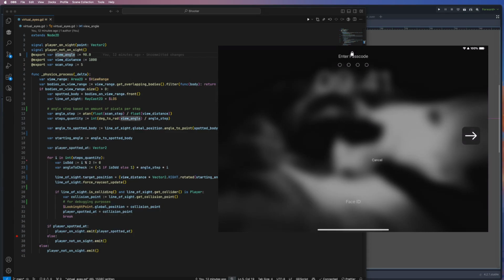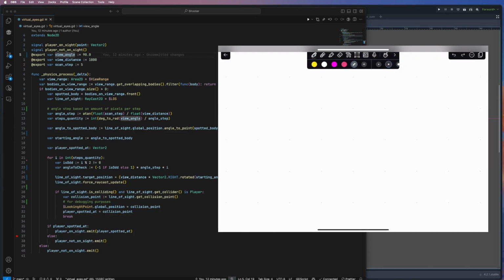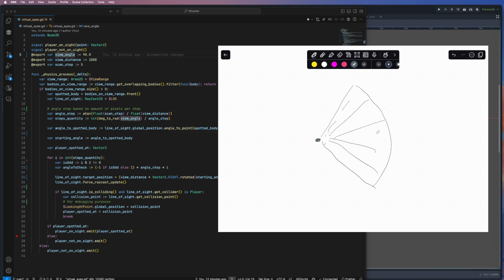Give a quick explanation on what everything is. So the cone of vision, think like this. This is the origin of the eye component, and the cone of vision is basically, let's say there's a cone, and if a player is here, that's the sweeping area where it's going to cast the ray to identify the player that entered the